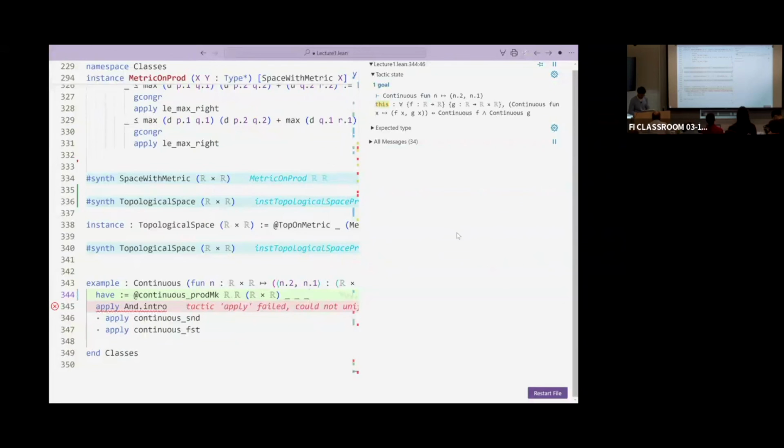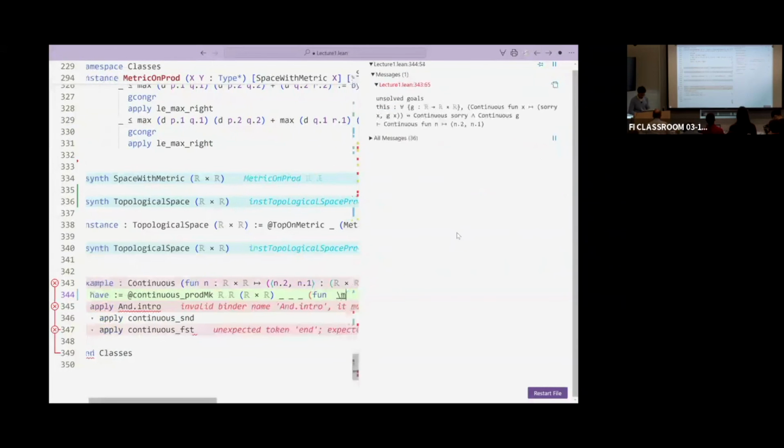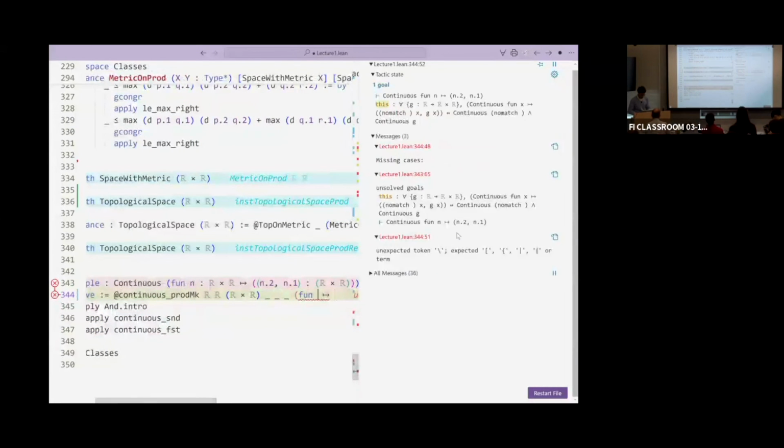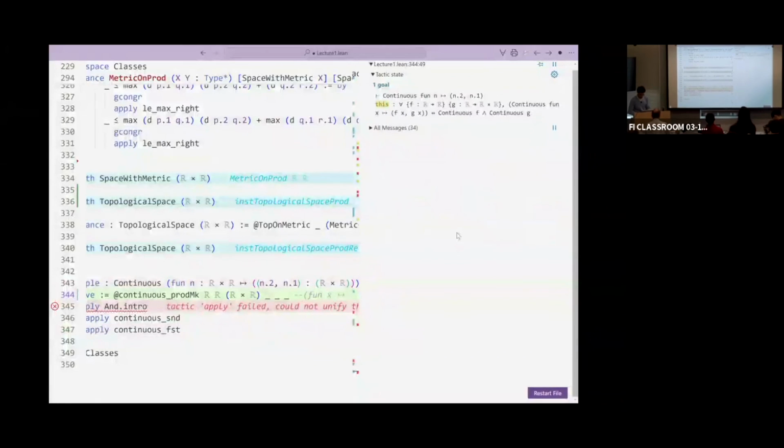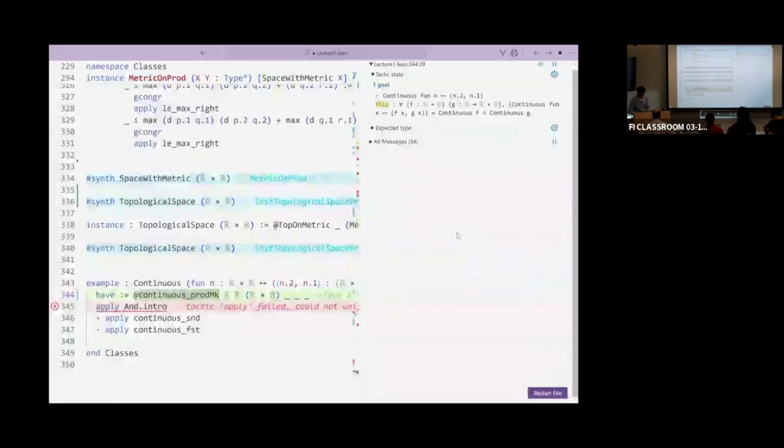Then the function F is fun x maps to, sorry, what am I doing? No, sorry. F goes from X to X and G goes from X to Z. Oh, no, everything is R. Okay.